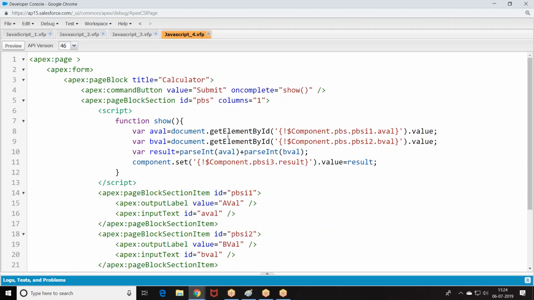Line number 11. This should be document dot get, right? That's a lightning code. The lightning component dot set. Okay.